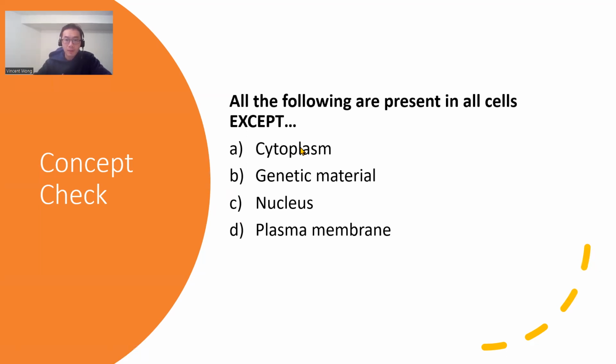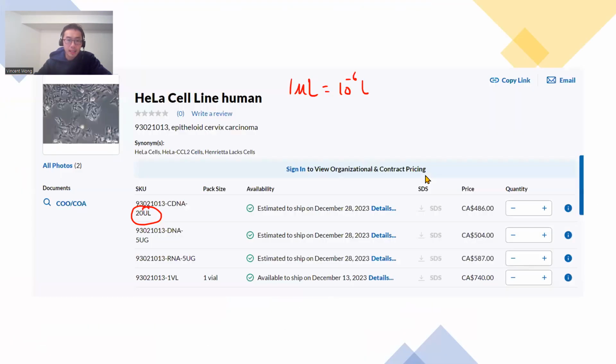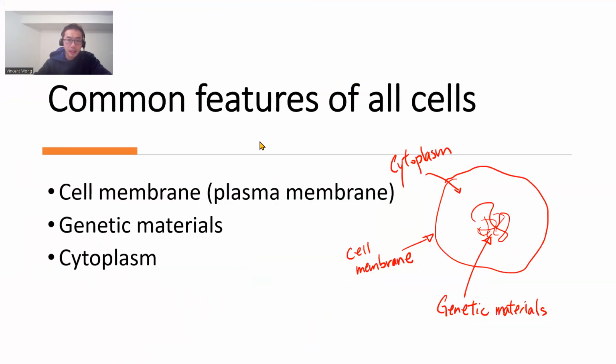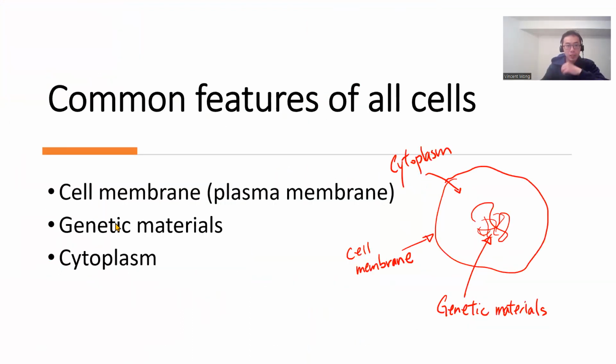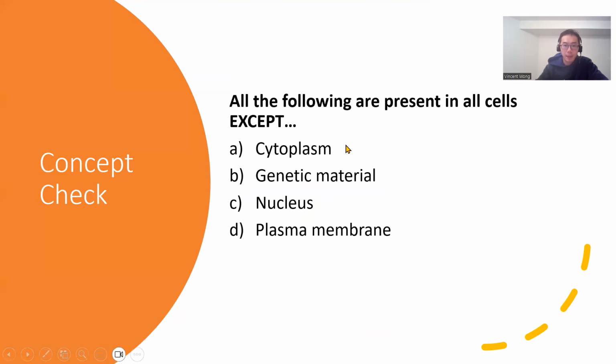All of the following are present in all cells except. If we go back to our previous slide, you can see that common features of cells include the cell membrane, also known as the plasma membrane, genetic material, and the cytoplasm. If you compare that with the list here, that's in the cell, that's in the cell, that's in the cell. Even though you might not know what this is yet, it's not on the list. That's why this is the exception, and that's the answer. So that's an overview of